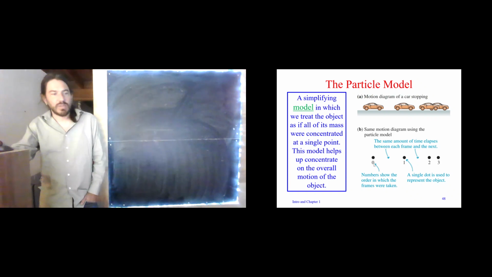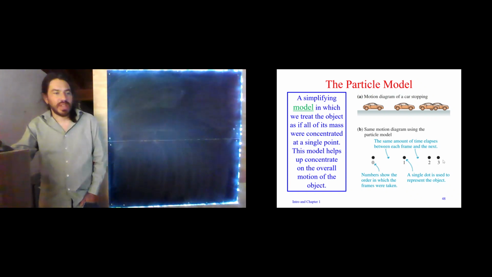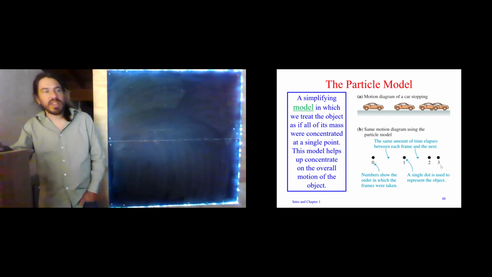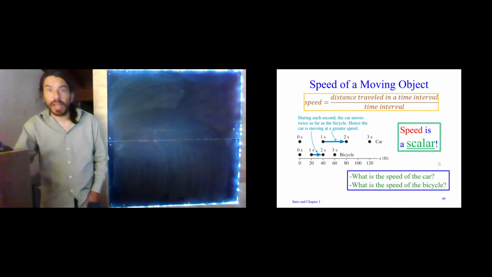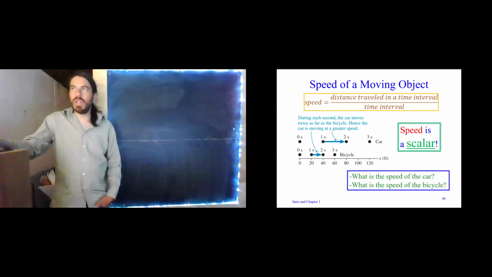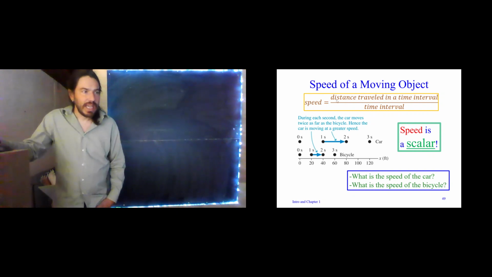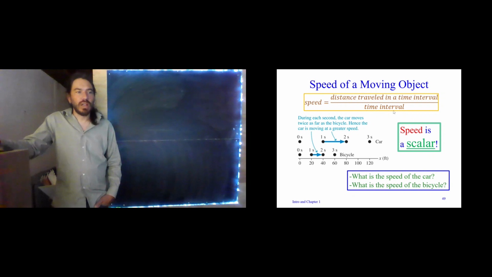Now, most of us don't count from 0, but in this case, this is sort of like time. Imagine this is the shot at 0 seconds, this is at 1 second, this is at 2 seconds, and this is at 3 seconds. So this is the particle model. Okay, the speed of an object. Speed is a notion that I'm sure you have all had practice thinking about. I suspect I'm not going to blow anybody's mind by telling you that speed is distance traveled over a time